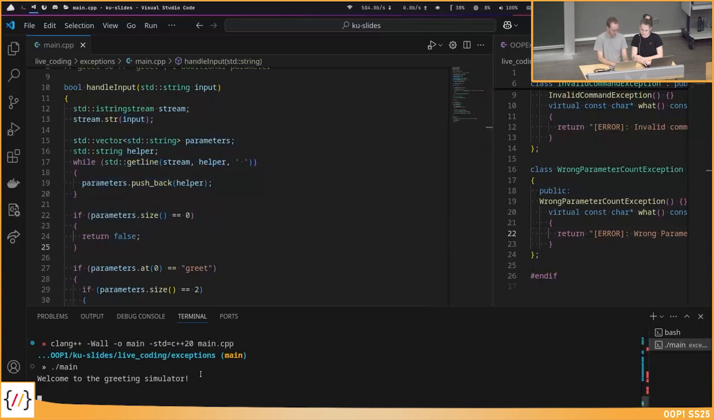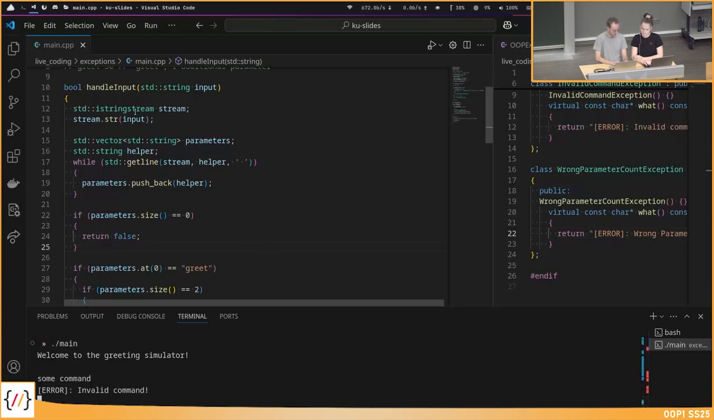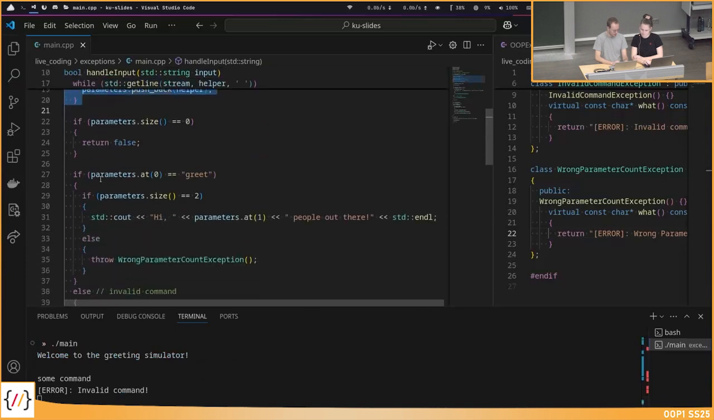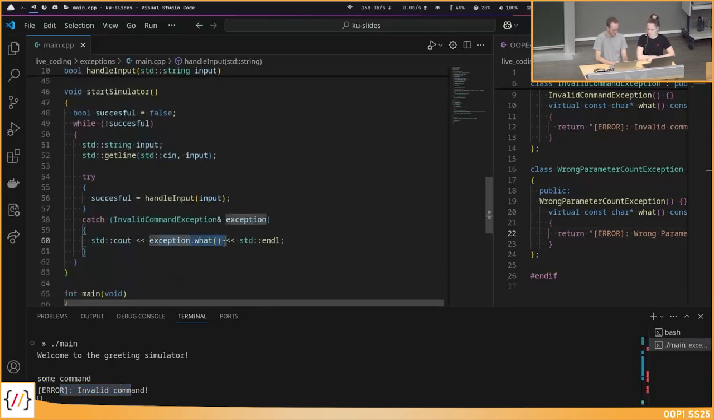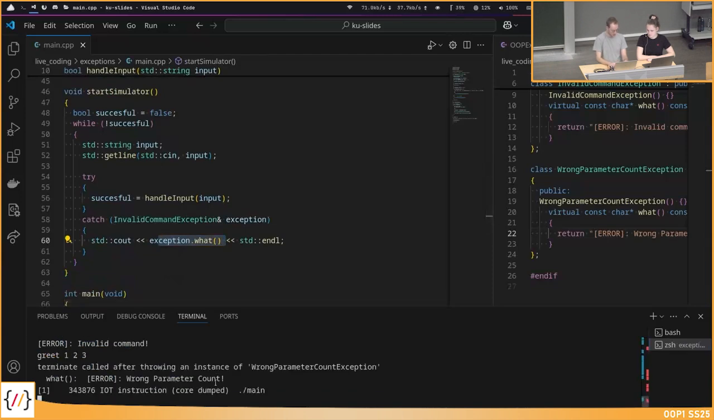Now if I type in maybe some command, then we go here, we split it up, check parameters at 0 is greet. Okay, this is not true. Else, it's an invalid command. We throw the invalid command exception, and the invalid command is printed, and this is printed here. And now if we call greet 1, 2, 3,